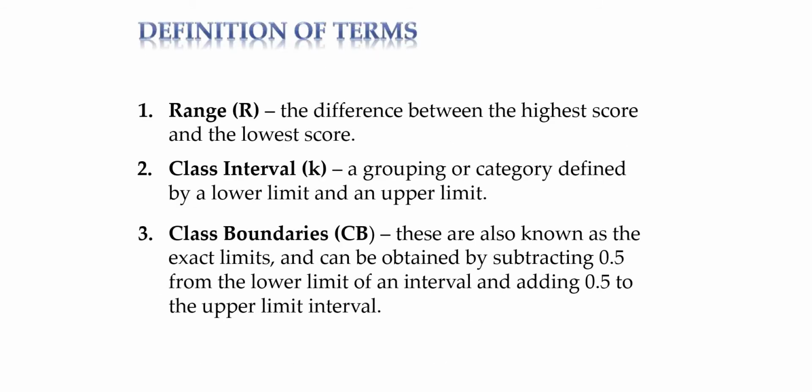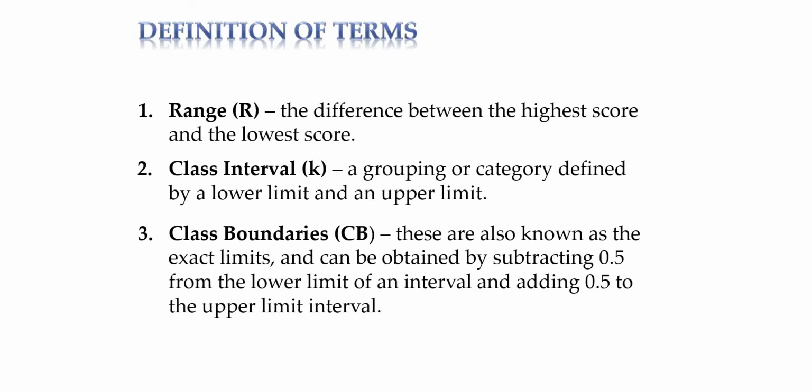Okay? So, pag sinabi nating range, it is the difference between the highest score and the lowest scores. Okay? So, sa researches, usually, pag halimbawa hindi ka naman nag-deal with the scores. Halimbawa, you are dealing with the age. Like, for example, sinabi natin kanina, which is 18 to 75 or 18 to 79, 80, etc. Kung ano yung pinaka